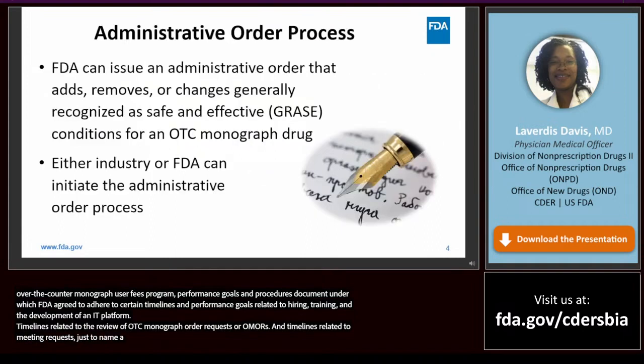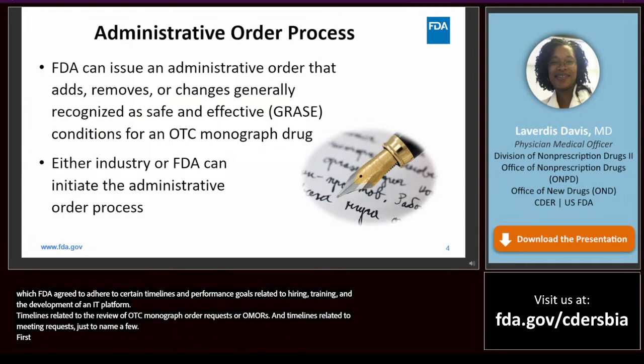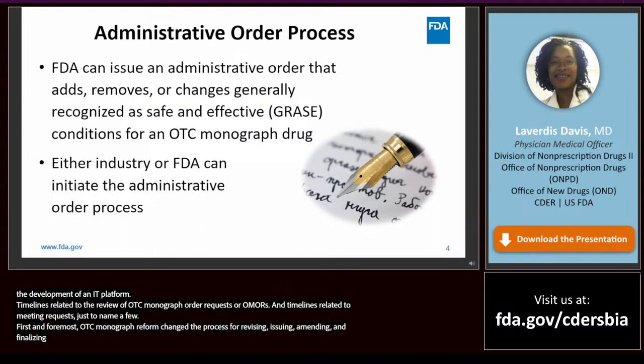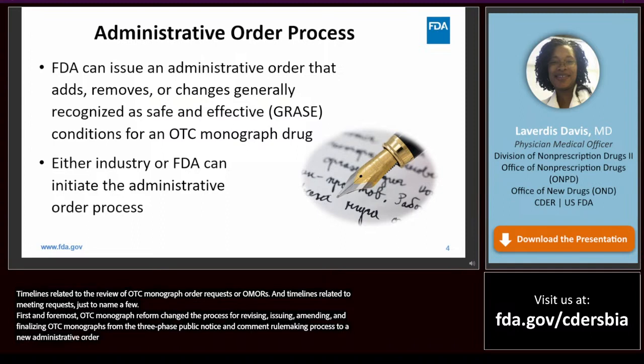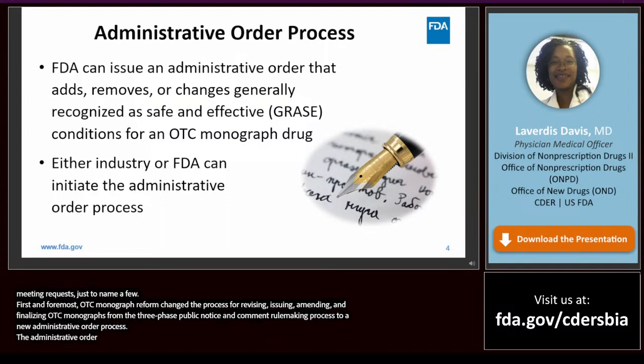First and foremost, OTC monograph reform changed the process for revising, issuing, amending, and finalizing OTC monographs from the three-phase public notice and comment rulemaking process to a new administrative order process. The administrative order process still involves public comment.